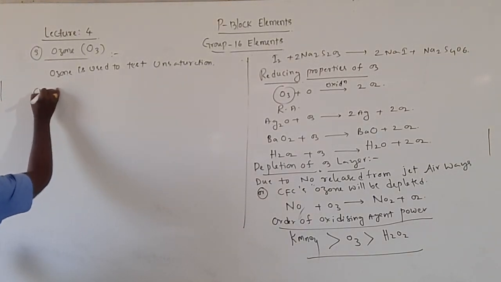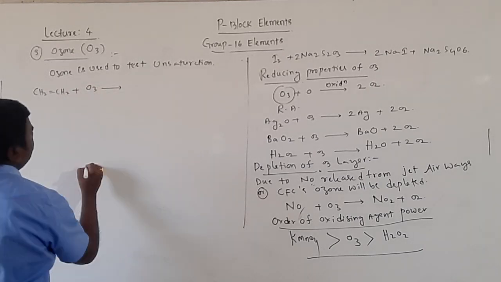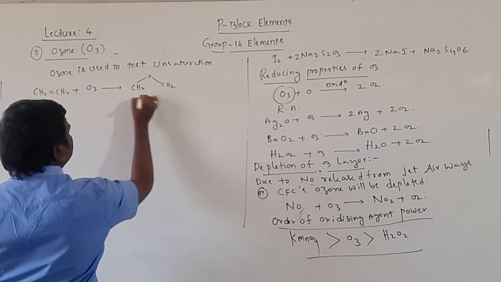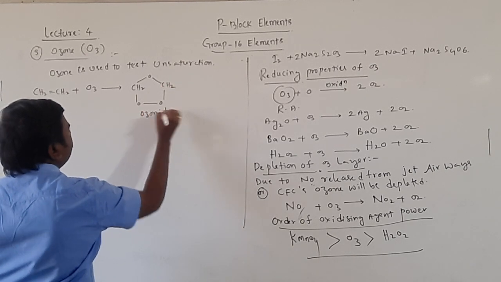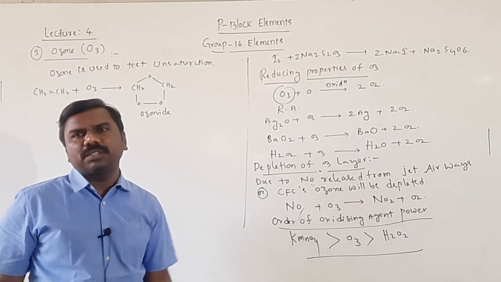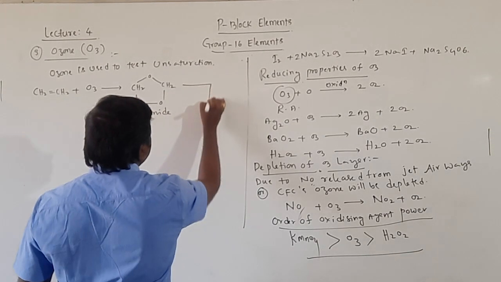So CH2=CH2 plus O3 gives rise to an ozonide. If you take ethylene ozonide, propene ozonide, butene ozonide, whatever it is, then on reaction